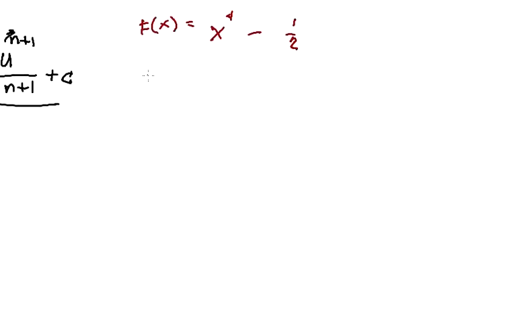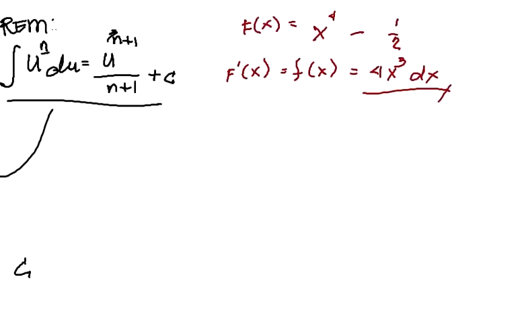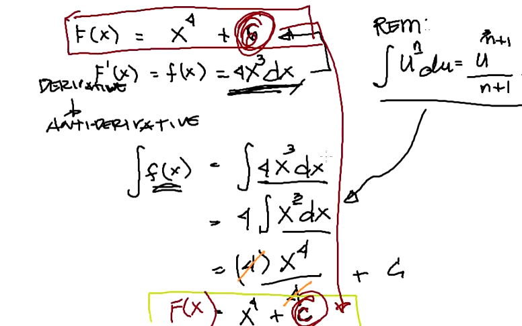So the derivative of this, f prime of x, is just 4x cubed minus 0 dx. Okay, just the same. We come up with the same answer, regardless of what will be the value of the constant added to